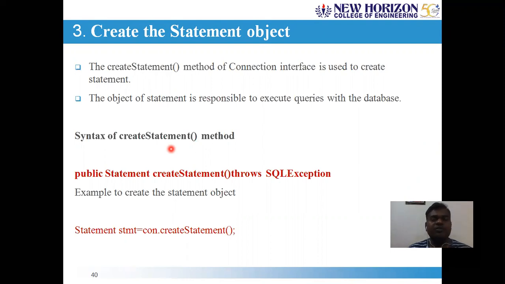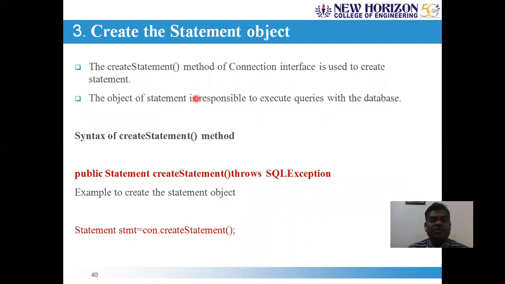Next, how do we create the statement object? So you have one communication path between your Java program and the DBMS. That is nothing but a connection object. Through the connection object, we can make a call to the createStatement built-in function. The job of this createStatement method of the Connection interface, what we have done before in the previous step, is that it returns the statement object.